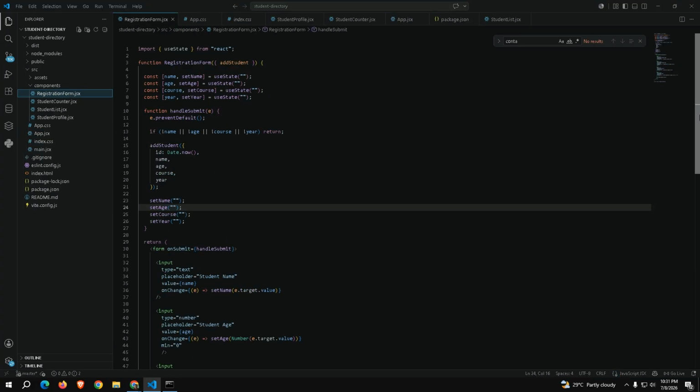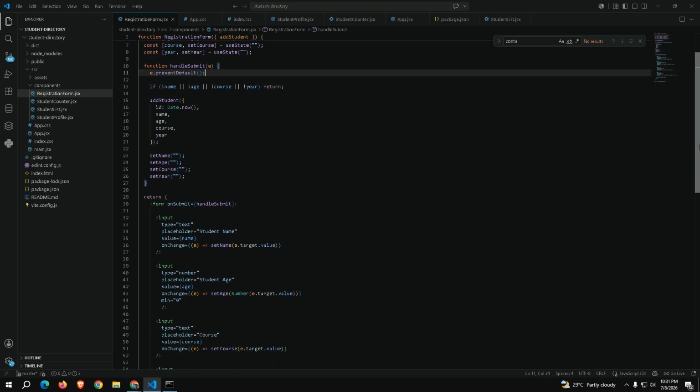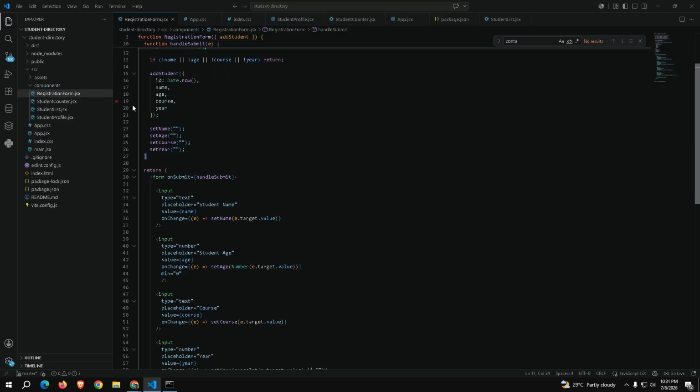Here we have our const, which is the name, age, course, and the year. Here we have our if, since we have the form. So once we add, we have ID, name, age, course, year.